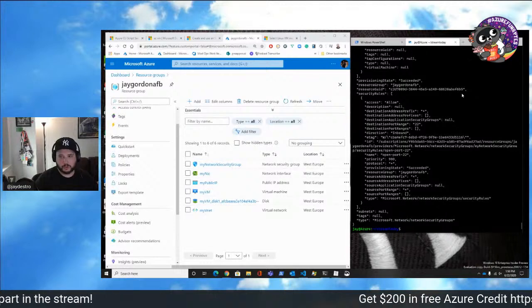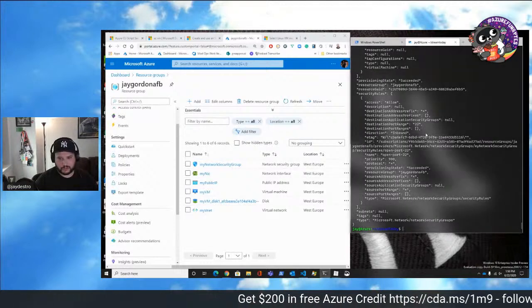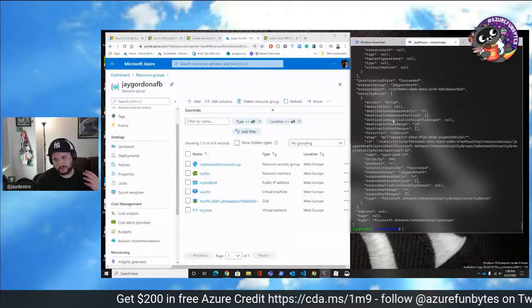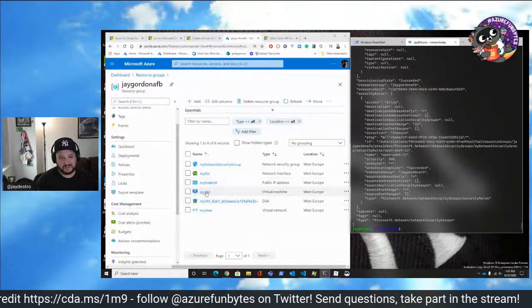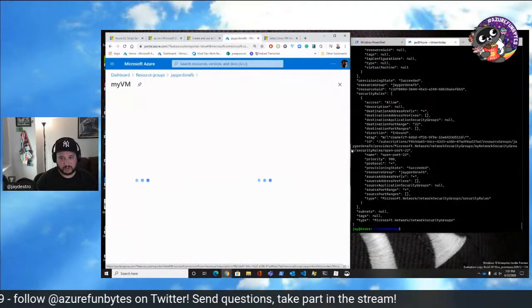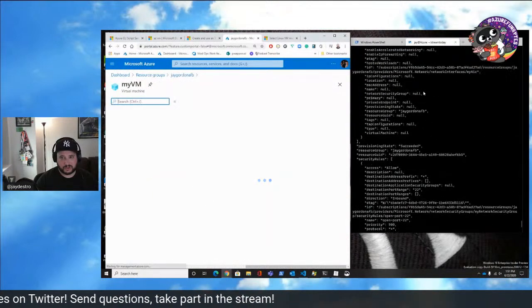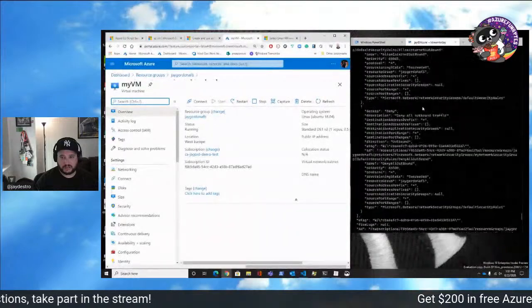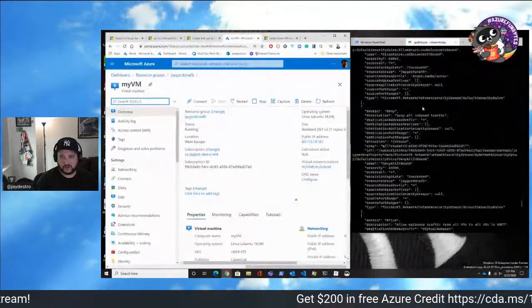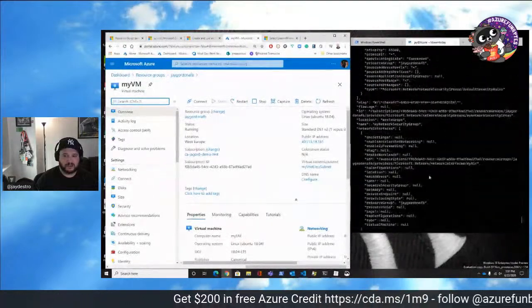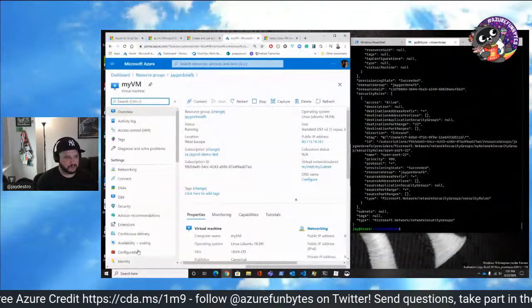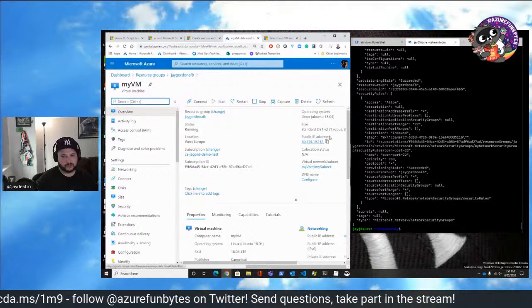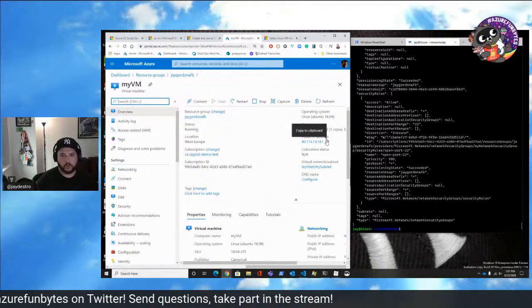So what we're doing is all this in our Cloud Shell. Our Cloud Shell is using Bash. We've got our network security groups. We've got everything. Our VM's up. So if I go here, we see our VM IP address in the JSON earlier. You can go back and find it, and you can use az vm show if you wanted to get that info, or you can do it right here in the browser. I'm just going to do it here in the browser so we can wrap up on what we're working on.